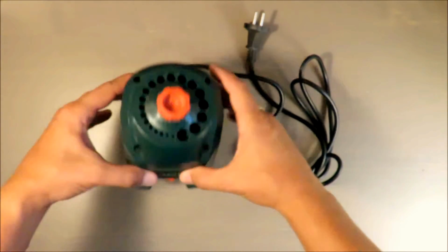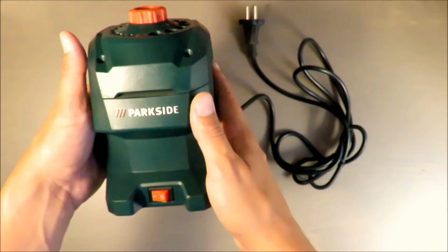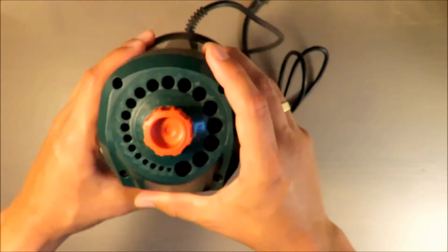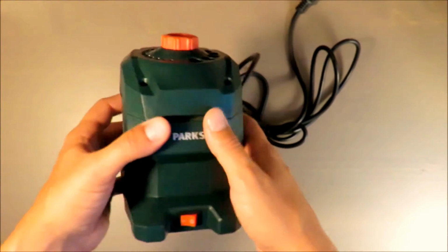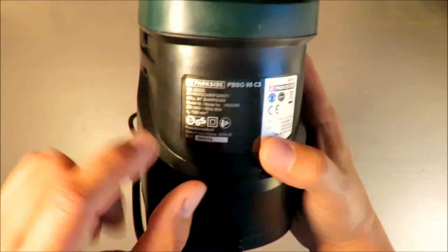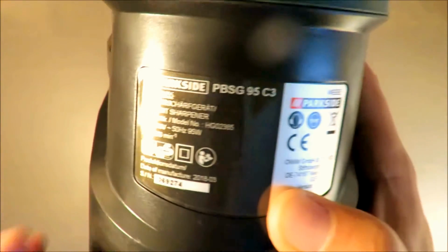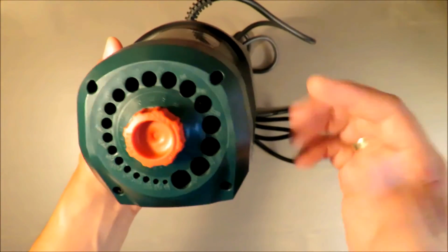What I want to say about the general quality of this device is that the first impression is rather good. It feels that it's screwed properly. It's quite light, but I think it's mainly due to the low power of the engine, which is only 95 watts, which is enough, because all this device needs to do is turn around the